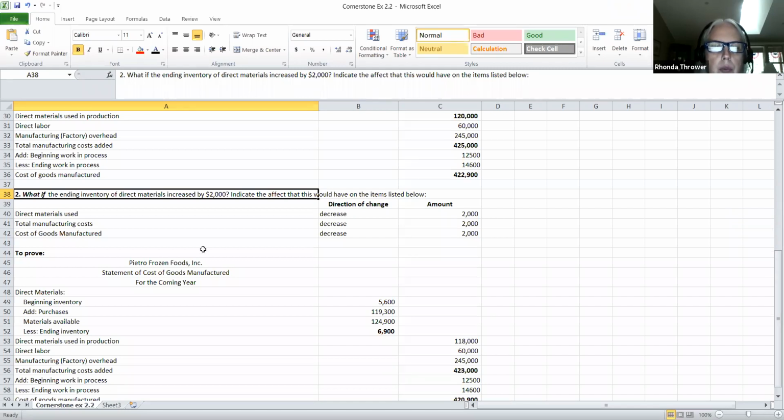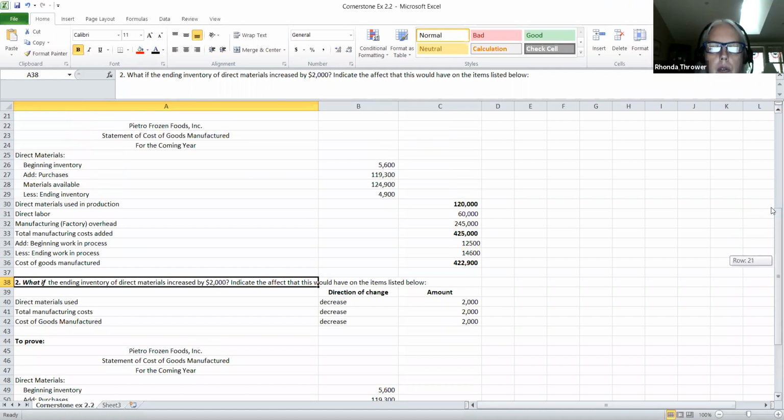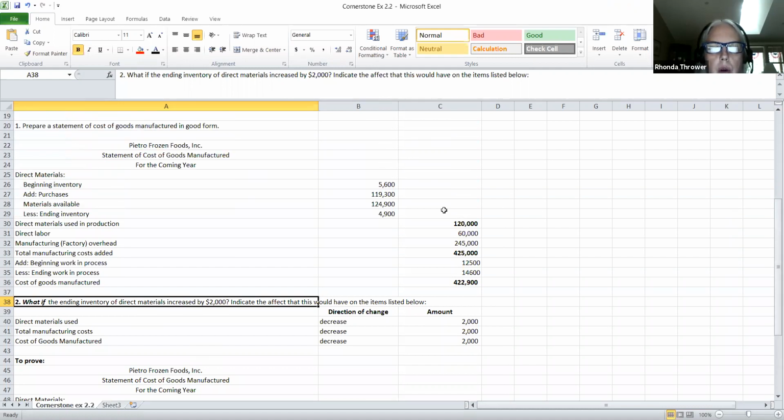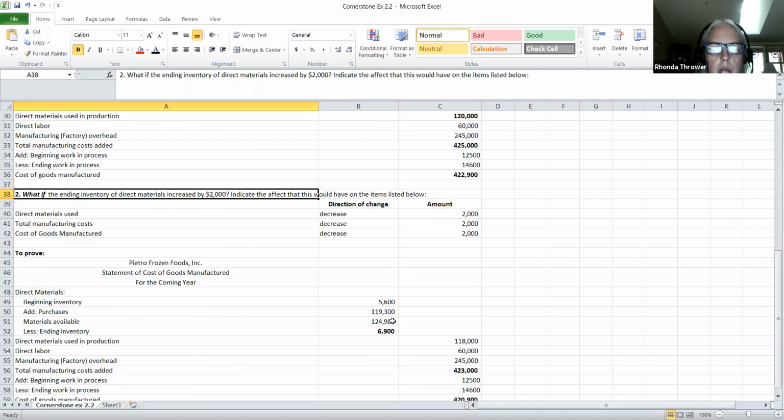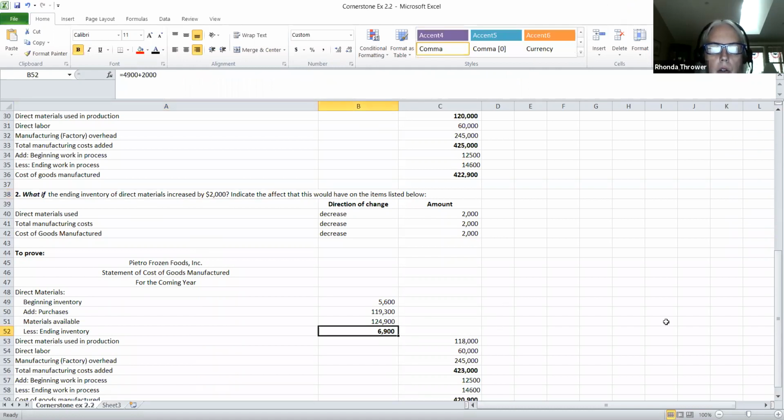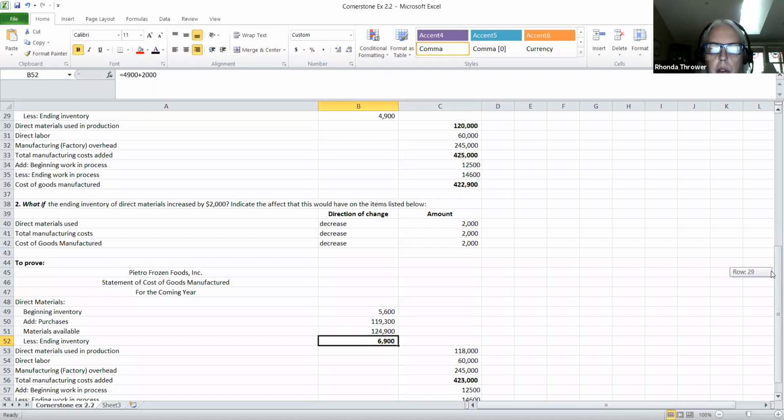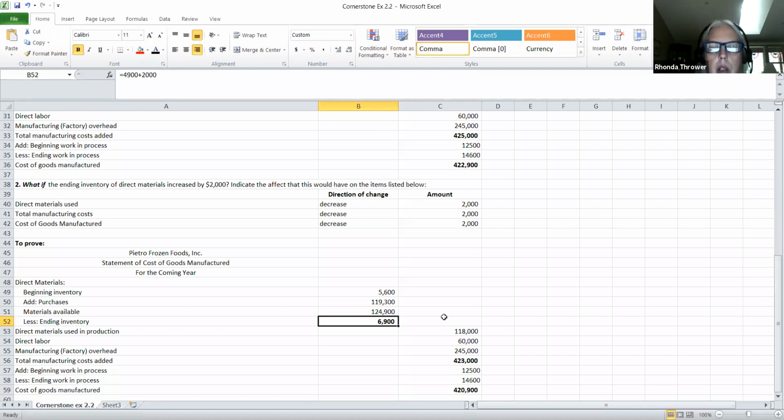So if our ending inventory of our materials increased by $2,000, the original amount of our ending inventory for our materials was $4,900. We would simply add those together, which would make our ending inventory cost end up being $6,900. With all of the other things remaining the same, you can see that